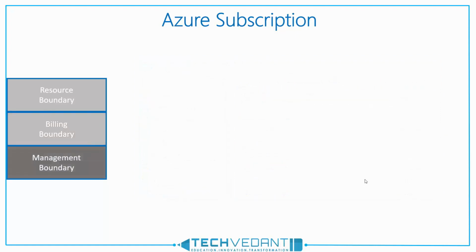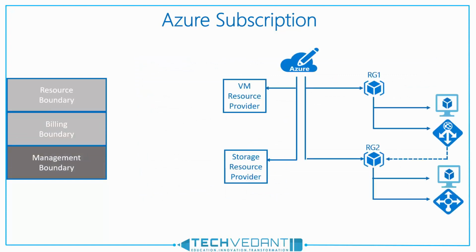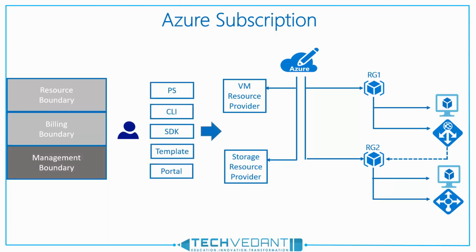Once we have our environment provisioned, we need to perform various operations as per the business need. In Microsoft Azure, these operations are scoped at Azure subscription. Hence, Azure subscription is considered as management boundary. End user can use various tools such as PowerShell, command line interface, and portal for managing the environment. These operations require a parameter subscription ID for execution, and operations are scoped within the subscription resource boundary.